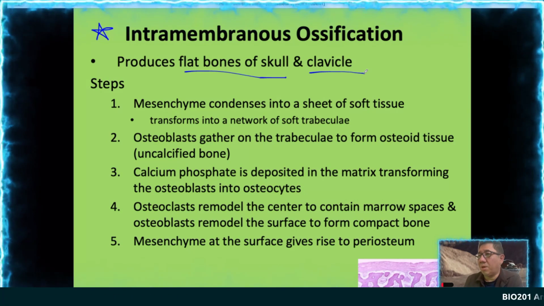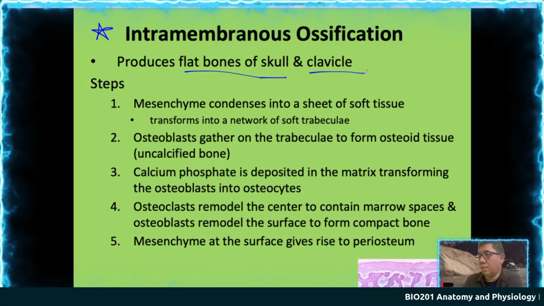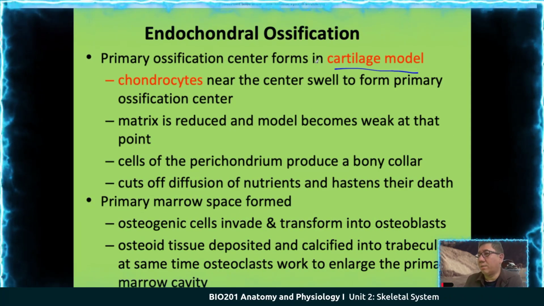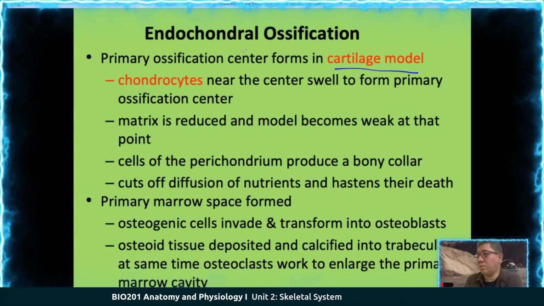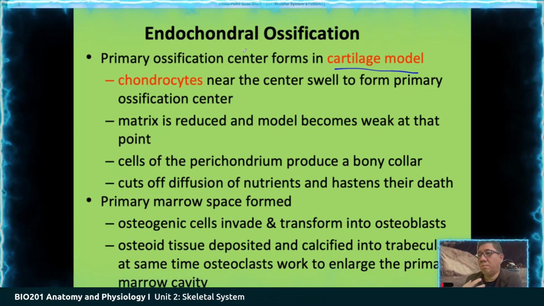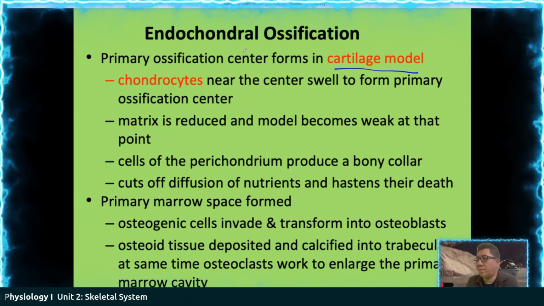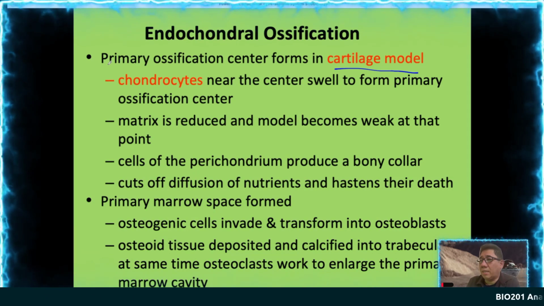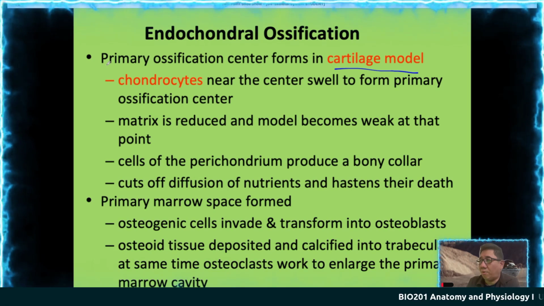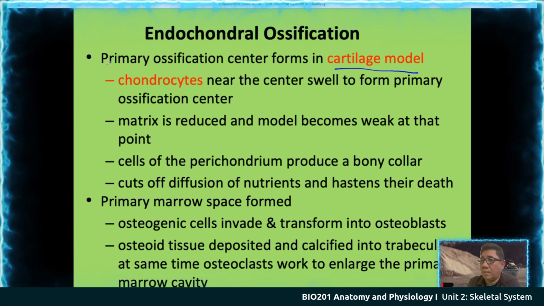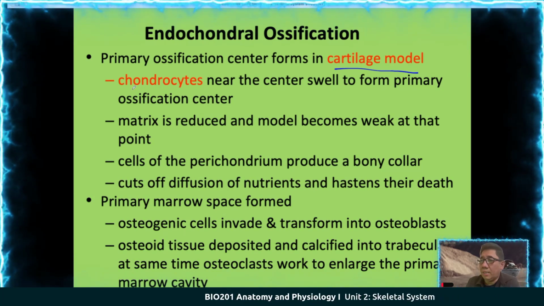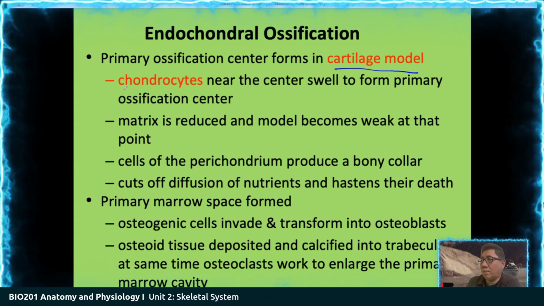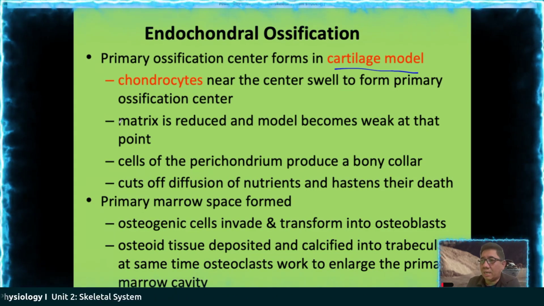That intramembranous is flat bone, skull, and clavicle, whereas the endochondral ossification is usually the rest of your bone, the majority of your bone, long bone as well. Okay, and you have the primary ossification center form in the cartilage model. In the middle of that, the chondrocytes in the center swell to form the primary ossification center,